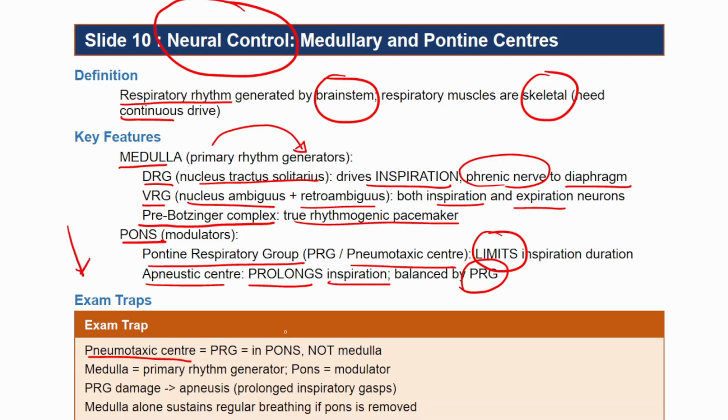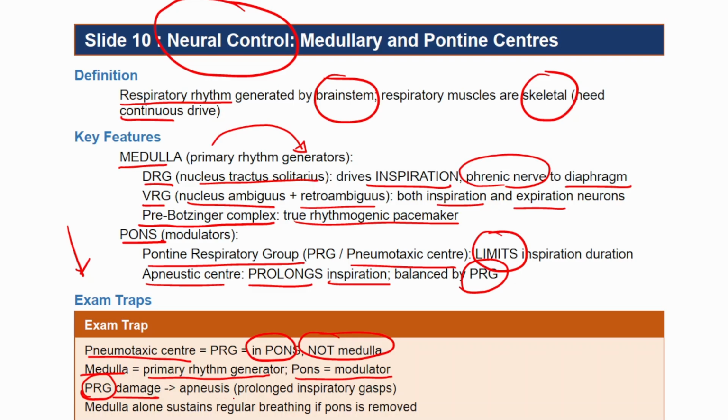Always remember that the pneumotaxic center is in the pons, not in the medulla. Do not confuse the roles of the two brainstem regions. The medulla is the primary rhythm generator, whereas the pons acts purely as a modulator. If an exam question describes a lesion or traumatic damage to the pontine respiratory group, the inhibitory check on inspiration